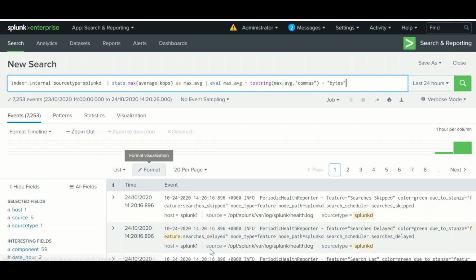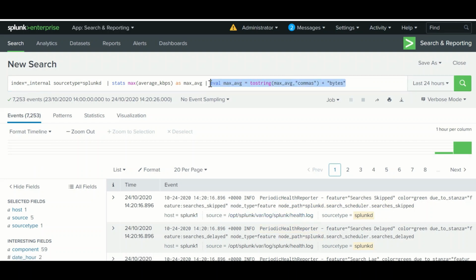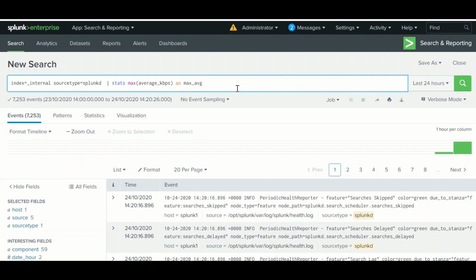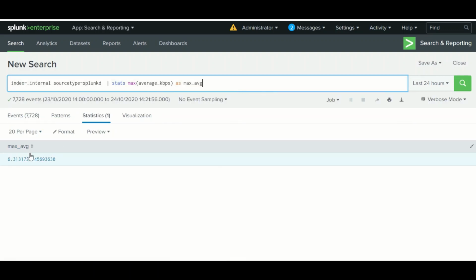See here, this is not very understandable data. So say I want to take an average of any field and get a max of it. So like this I'll get the max of it. This is a bit more meaningful in terms of data.